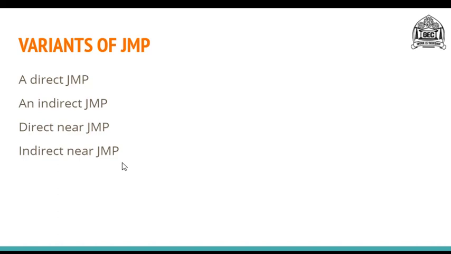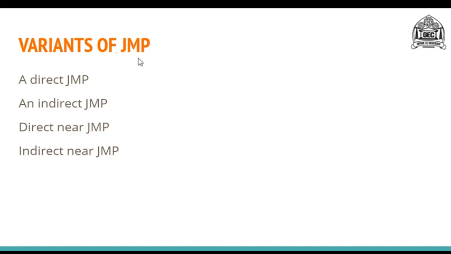The final destination address is calculated as the address which is there in the register plus the displacement factor which is mentioned in the instruction, or the address which is given in the memory operand plus the displacement factor. So addition of the displacement and the address which is there in the register or memory gives us the final destination address in indirect near jump instruction.